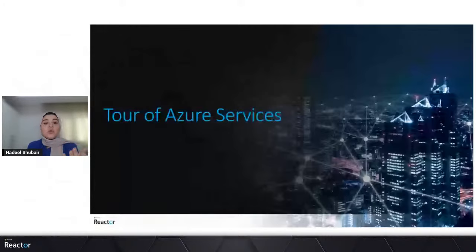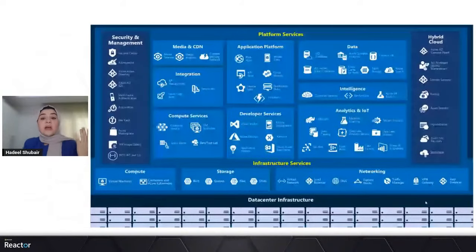You have platform services, infrastructure services, security and management services, and the hybrid cloud resources as well. So you have everything from compute to application to data to analytics, AI analytics, Internet of Things, automation, security, really anything that you could think of from storage, database, networking, compute, and so much more.